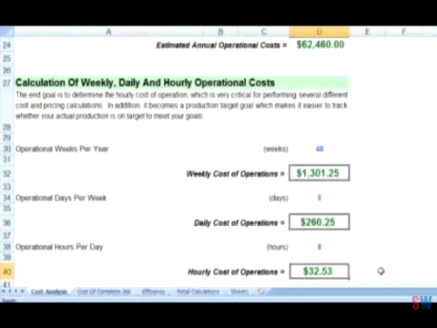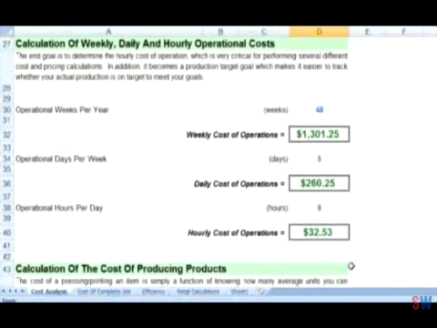So theoretically, if we could generate $32.53 in net revenue, 8 hours per day, 5 days per week, 48 weeks out of the year, we would actually generate that number and everything would be great. The reality is sales are cyclic, production fluctuates. So these numbers help you to stay on track. That's one of the reasons I have the breakdowns. For example, you would never really sit there and try to figure out how much you made every hour because then you're micromanaging yourself. But at the end of the day, it might be good to say, how much money